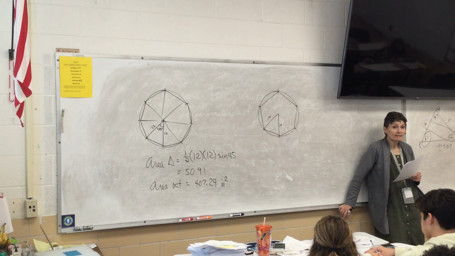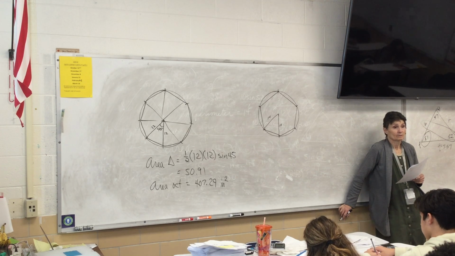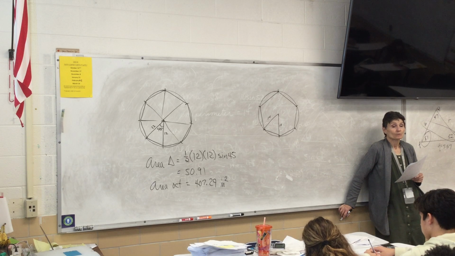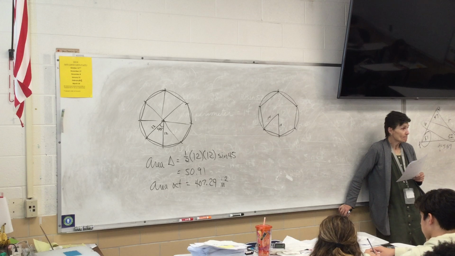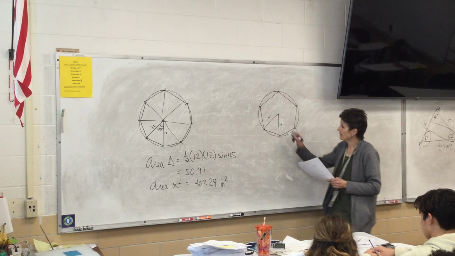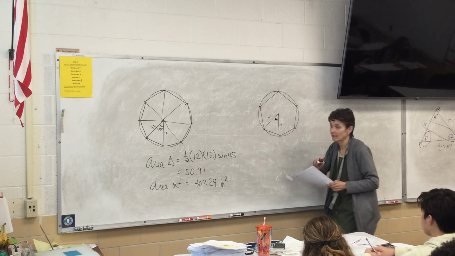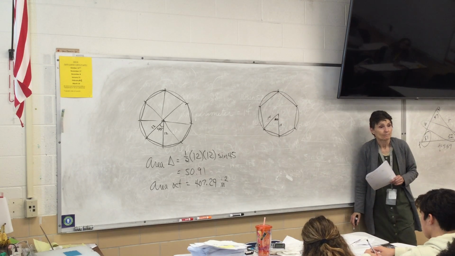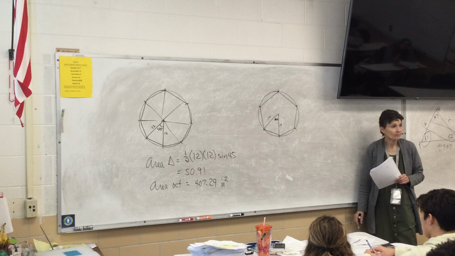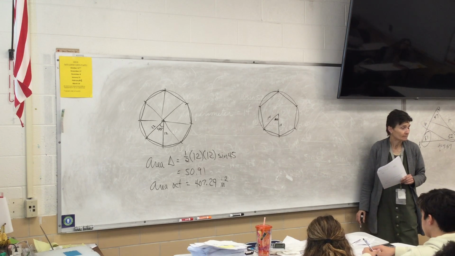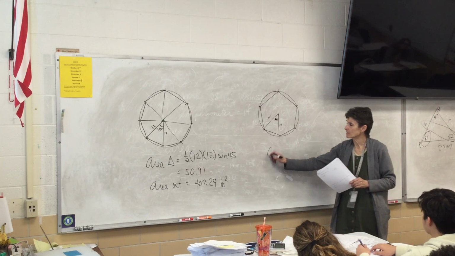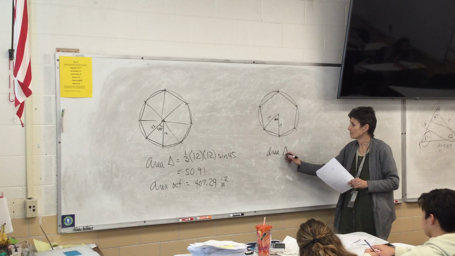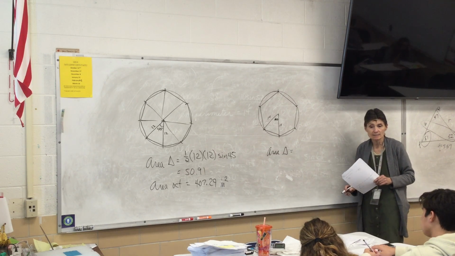So how do I find that central angle? 360 divided by 6 this time. Hexagon, 6. So 360 divided by 6, so that's a 60-degree angle there. You can do that on your calculator if you can't do it in your head, it's fine. So what's the area of the triangle? You got to start with that. The area of the triangle is